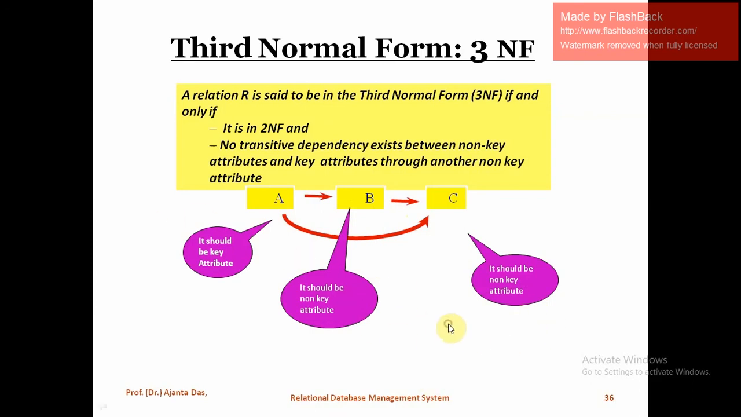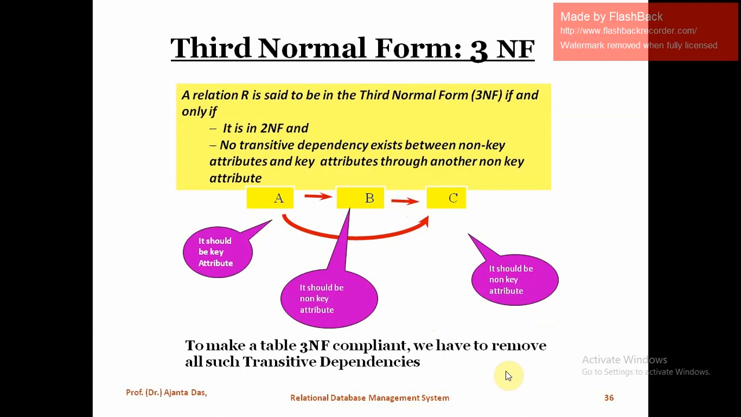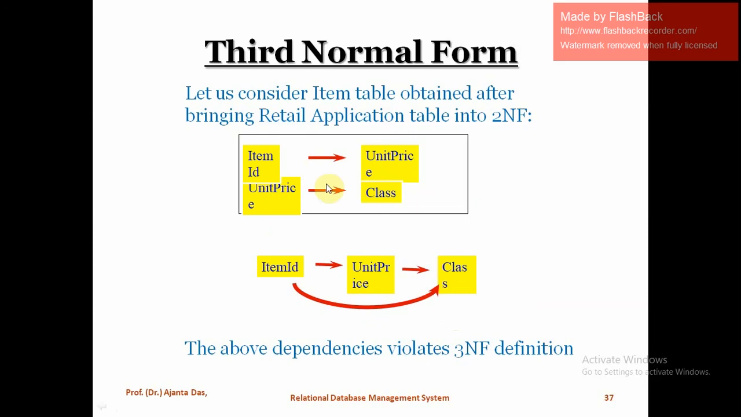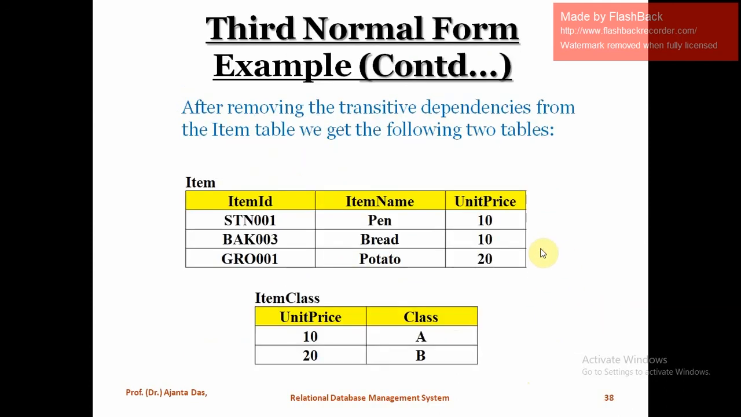Now let's see in this last example which we are discussing how 3NF is achieved. So unit price is directly dependent on item ID, and class is also dependent on unit price. So we can say that class is actually dependent on item ID. So if we remove this, we get the third normal form. So these are the decomposed relations. You see item ID, name and unit price, and class is directly dependent on unit price. Well,